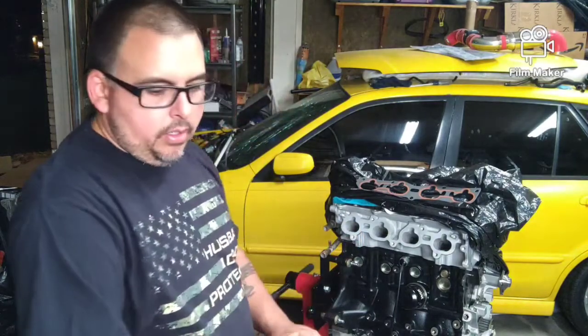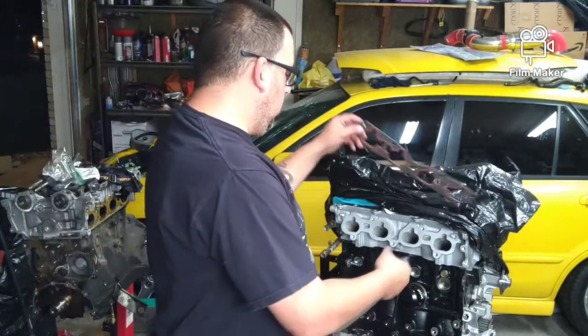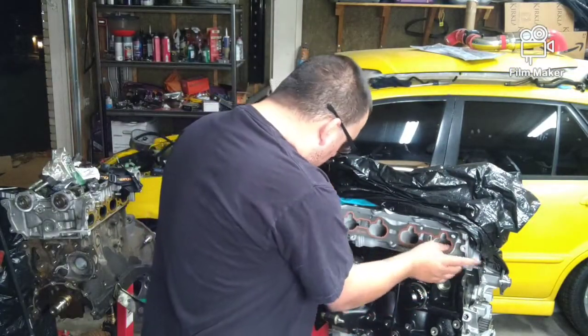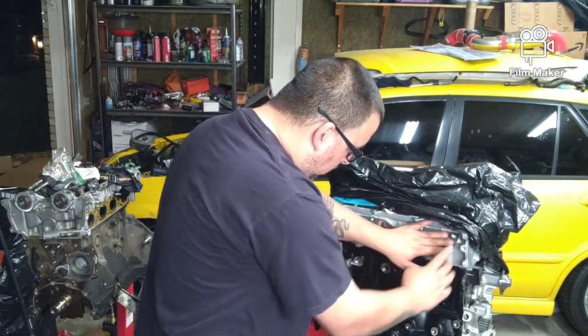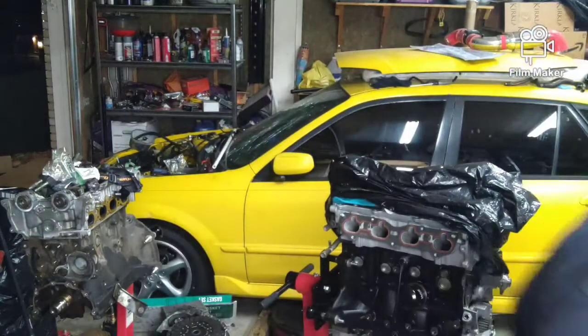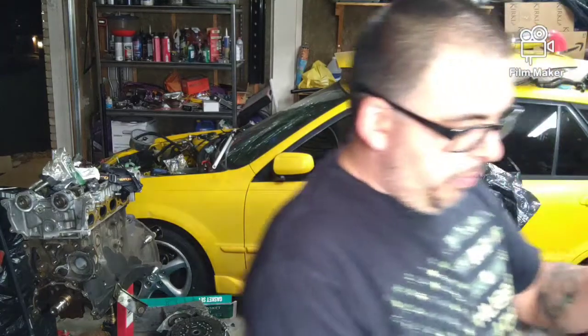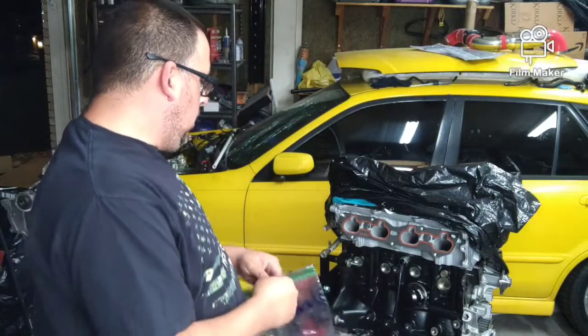So we got that sitting on there. And let's set this down. We're going to take our Velcro gasket. Make sure there's no gunk in the head. Gasket on. The gasket cinch will hold it down to the head for the most part. And then we have our intake nuts and bolts. I bagged and tagged every little bit, and I believe